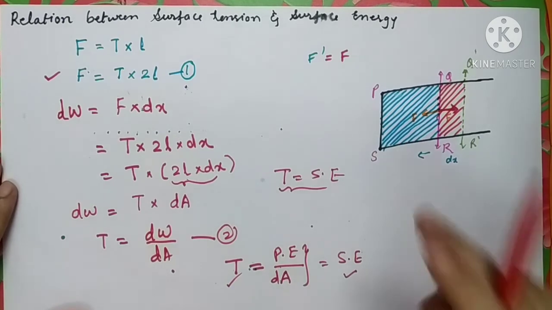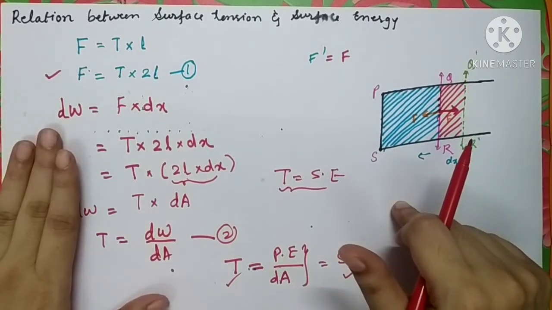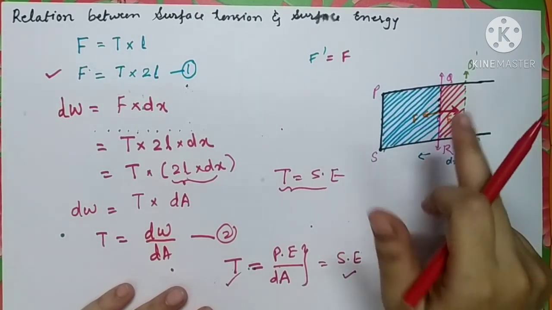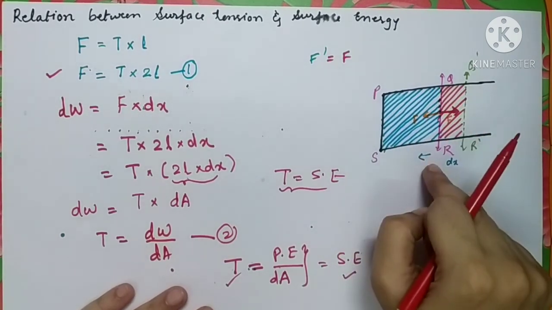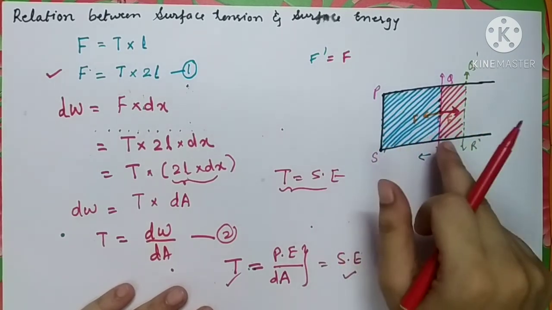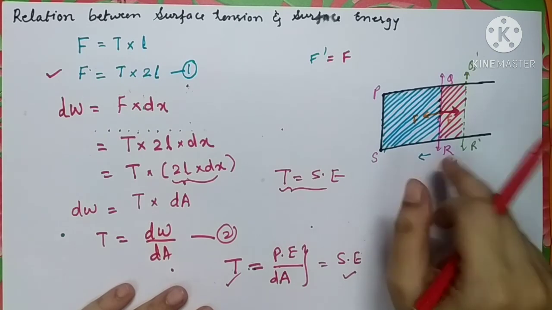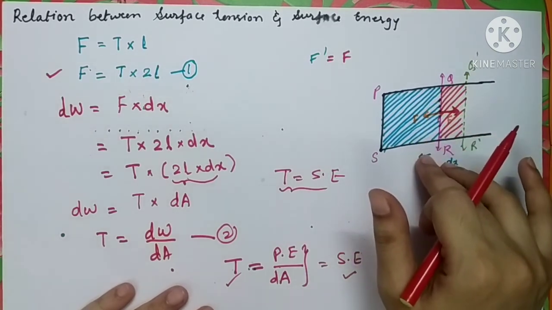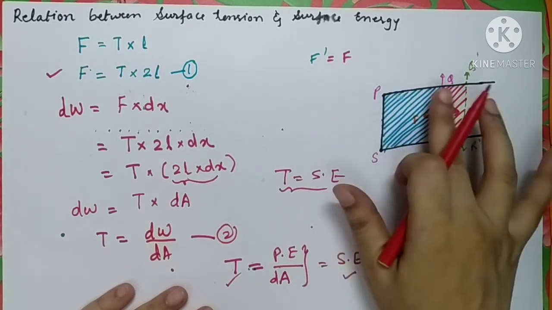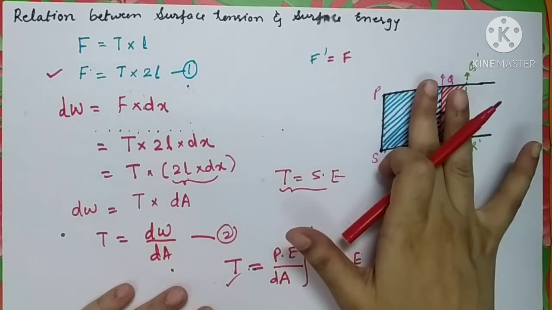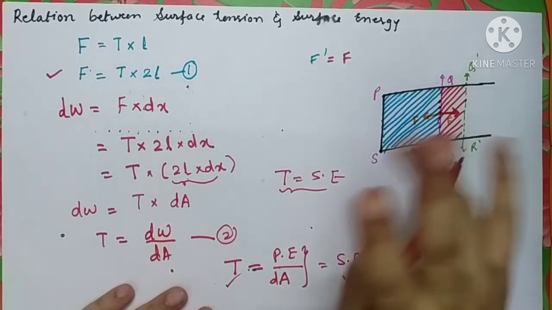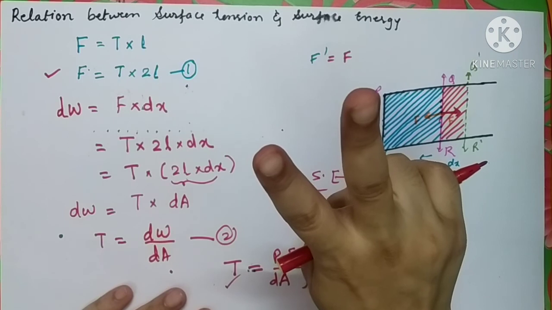So let's quickly revise this derivation, which is quite simple. Here we had taken one rectangular frame of a wire, on which the wire QR is movable on the parallel surface of the rectangle, and we just dipped it inside a soap solution. Once it is dipped, you will see the soap film will be created on the above side and on the below side of the rectangular surface. So the number of soap films created will be 2.